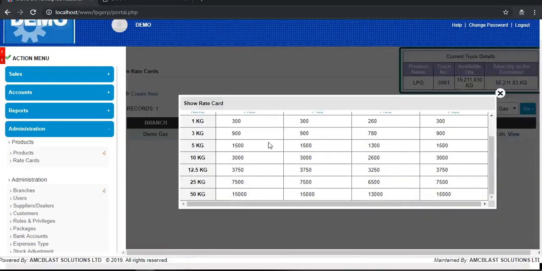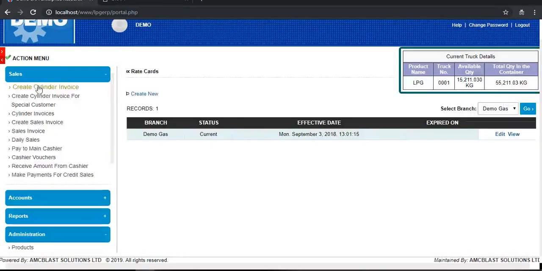Like I was telling you when I was creating my product, when the software is telling me my 1 kg is 160 something, I must not go below that. So right now I can set, okay, fine, 1 kg for me is 300. That's my selling price. That means I'm making about 140 naira difference. With this, you can set the price, and once the price is set, no one can modify it from